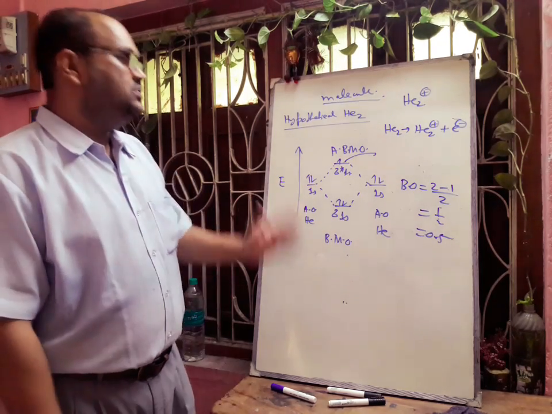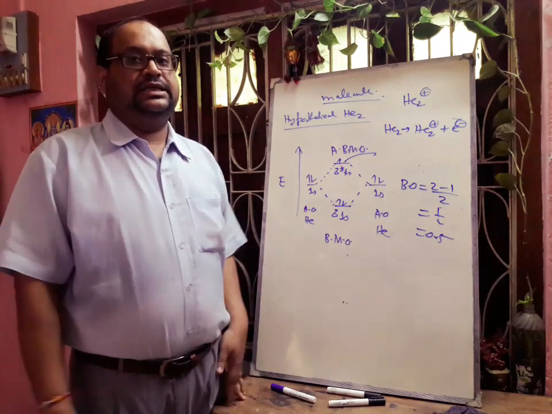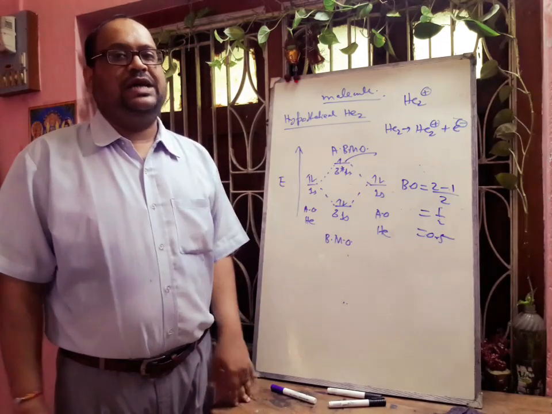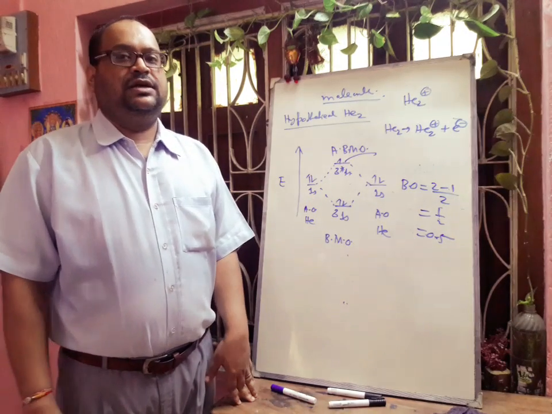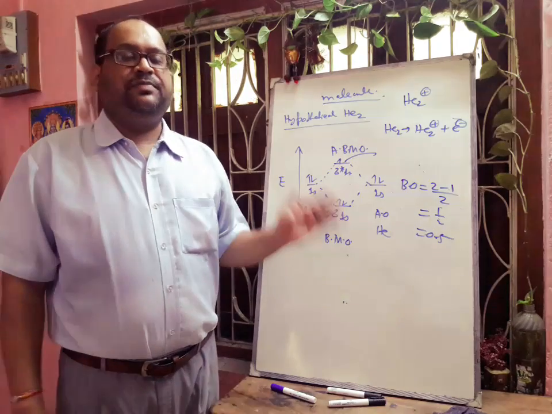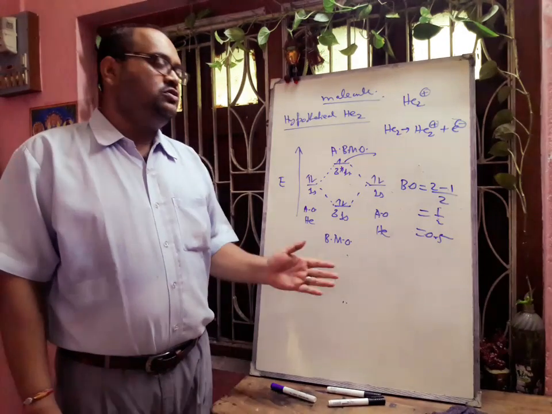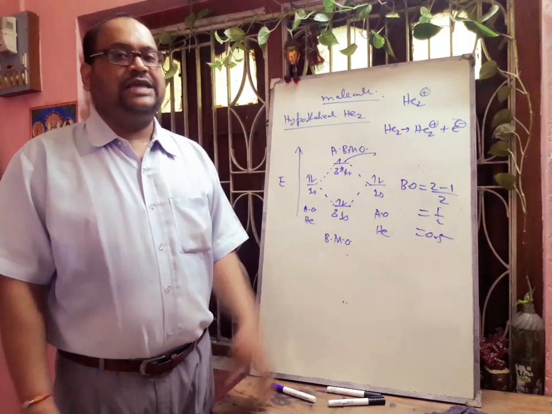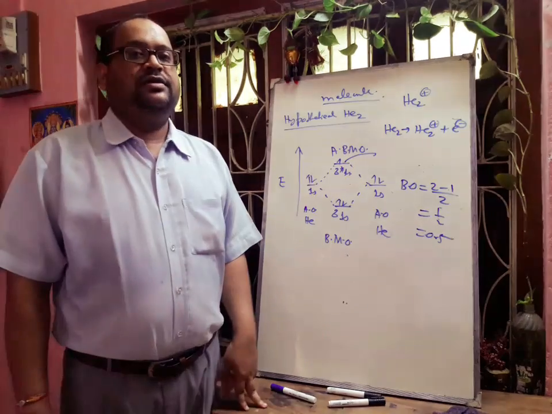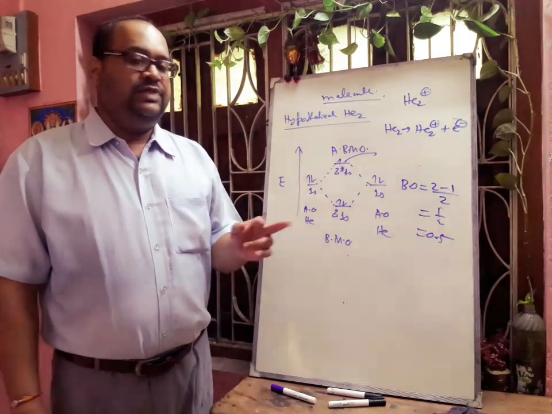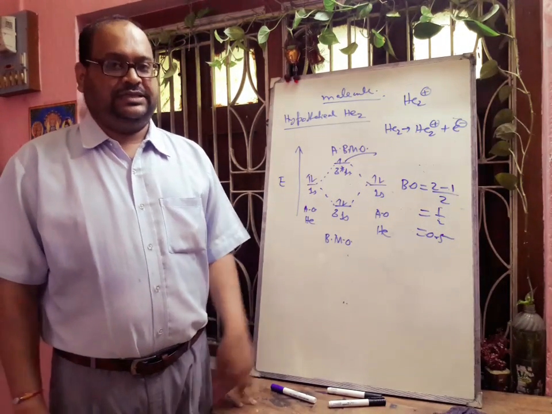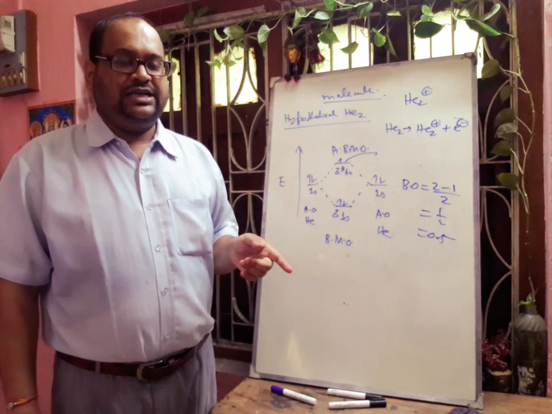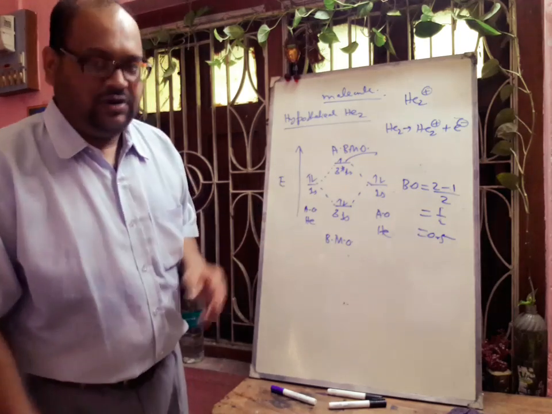In this way you have to practice the others, like Li2, also Li2 plus, Li2 minus. In the same way you will practice the boron and carbon systems, and for carbon also C2 minus and C2 2 minus. Now we will start with two different MO diagrams: one with sp mixing, another without sp mixing. Next in our syllabus, these two are very important: one is nitrogen, another is oxygen. So we will draw that here.